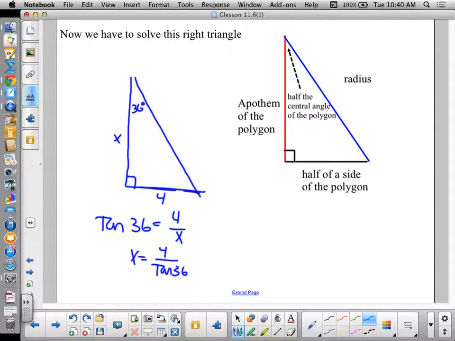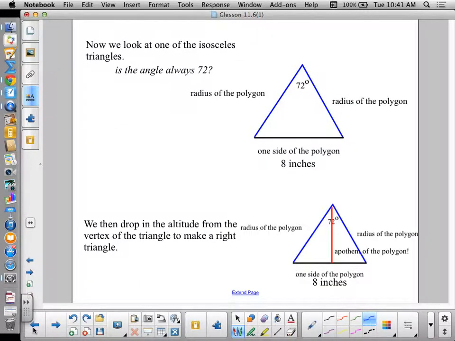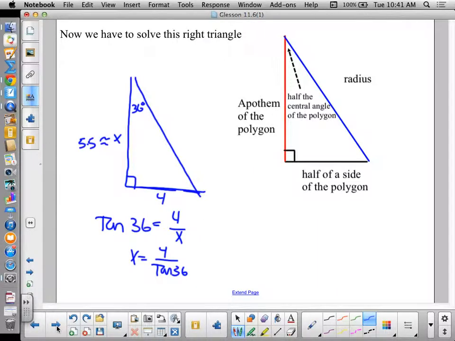I get that apothem is 5.5 approximately. And at this point, I have a choice. Once I found that apothem, I could do one of two things. I could use that to find the area of the triangle. I could either find the area of this triangle or this triangle and then multiply it out by how many triangles there are. Or, since I already knew the perimeter was 40,